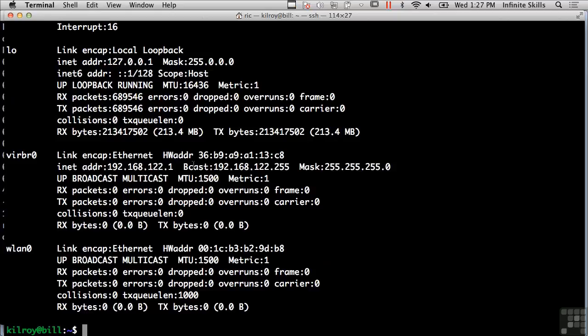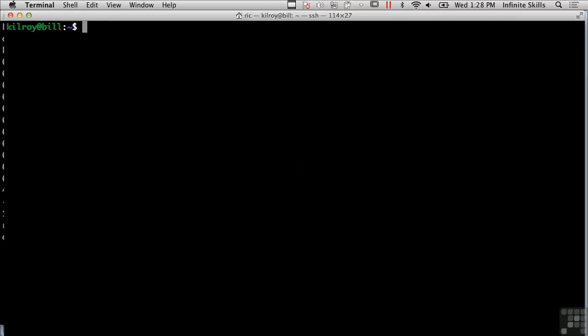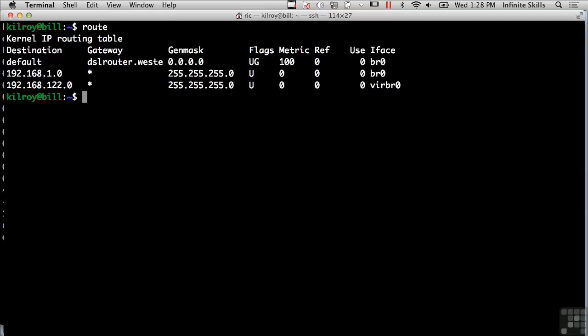Now, what I get with ifconfig is a little bit different than what I got with ipconfig. With ipconfig, I saw the DHCP server as well as the default gateway and some other information. What I can do here is I can just do route, and with route, it will show me the different routes available off this system to other networks and other systems. And you can see there's a default there, and it tells me what the gateway is. And that's the same thing as the default gateway that I got under ipconfig. So the very first entry is my default gateway, and then the others show me the other networks that I'm